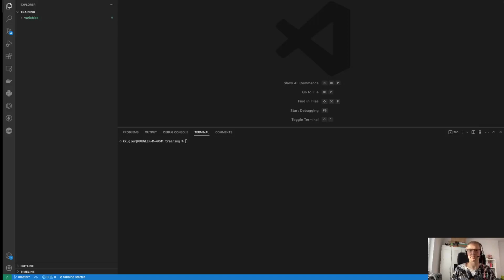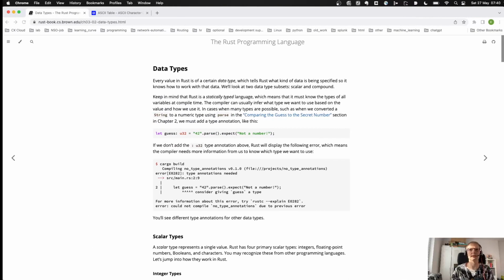I know I've mentioned I may be talking about functions, but actually in the Rust book the data types come first, so I think it'd be worth going over them. So actually we could create a new thing called data types. I don't know if we'll use it actually, so maybe we will not create it. But